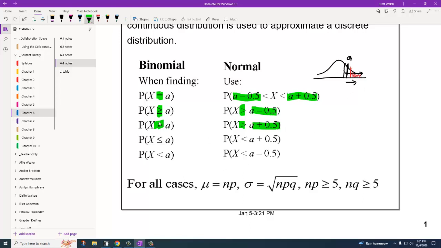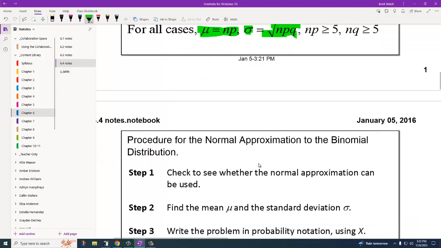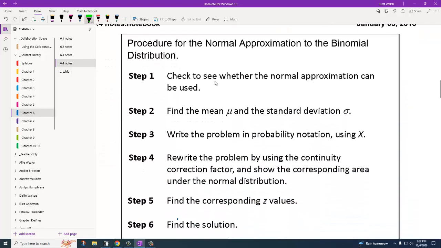In any situation, it's the same thing with less than, equal to, and less than. You can see those calculation adjustments here. In either case, the mean is going to be n times p, and sigma will be the square root of npq. That's the stuff that we learned back in chapter 5. The last thing you need to know, so we have this set of steps that we're going to go through,